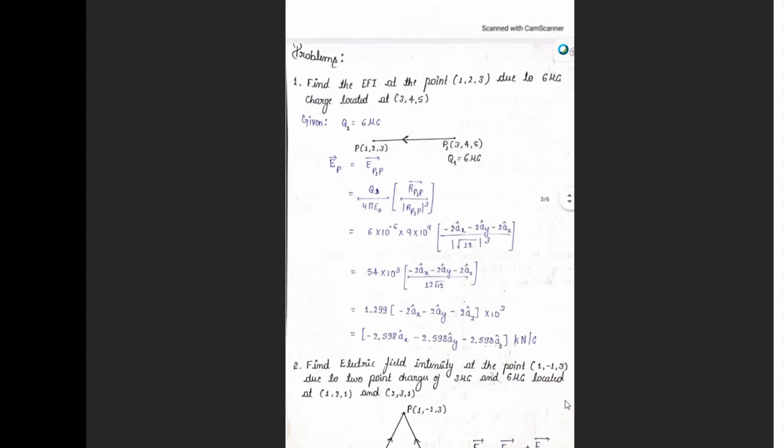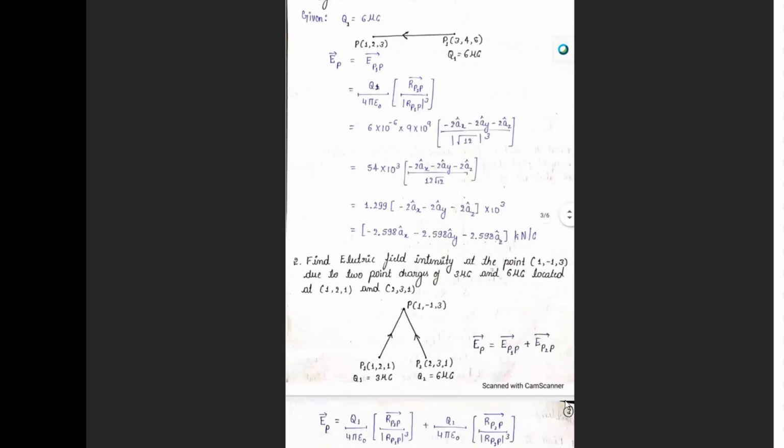And always, what? Power should be added, that is minus 6 plus 9, if you write it is plus 3. Keep the 10 raised to 3 as it is till the end, and write that 10 power 3 as kilo. And finally, what is the E unit? It is Newton per coulomb or volts per meter. You should indicate that at the last. Understood? So this is what we are calculating, the electric field intensity at a particular point due to a charge which is located at some other point.